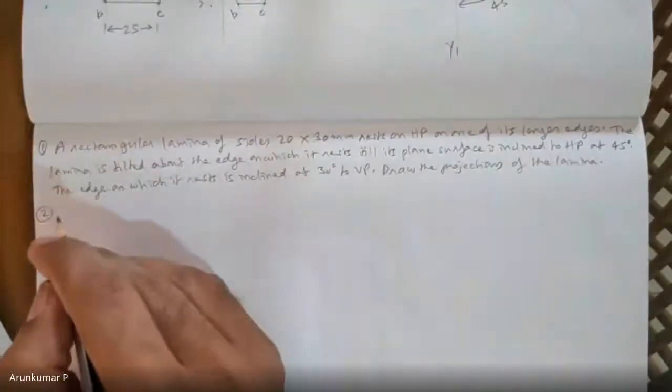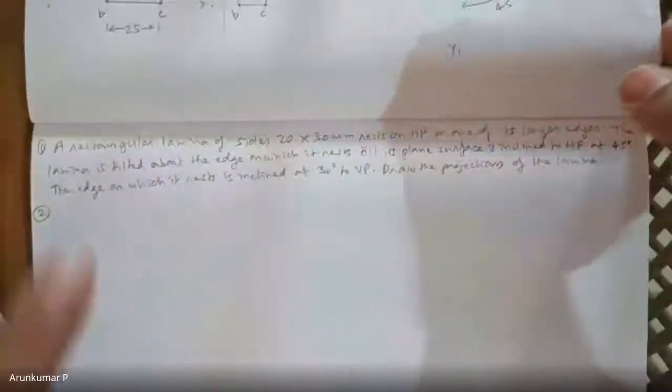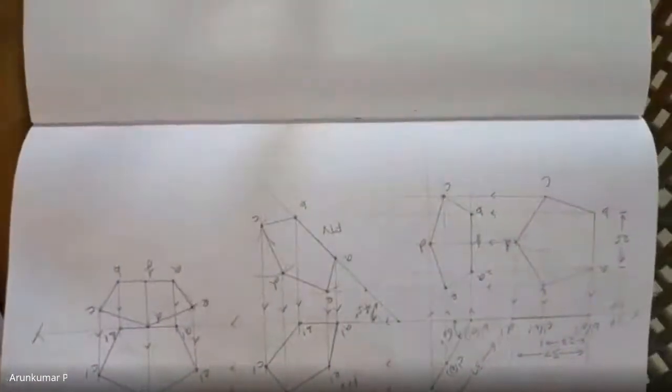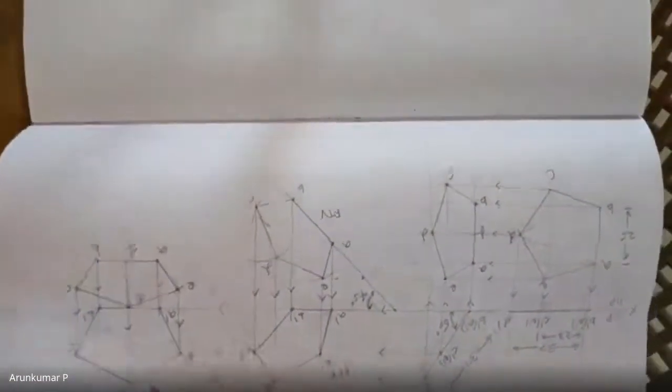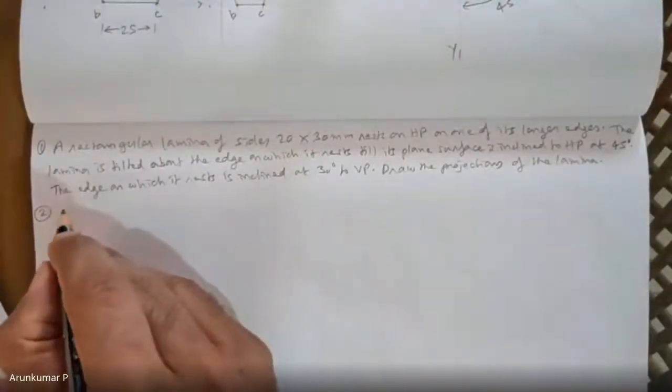Next problem would be pentagon. So this is the reverse of what we have done. But anyway, I think you can solve it. Have we done the case where pentagon one edge is on HP and the opposite corner? Yeah, I think we've done this. That's the reverse of this. Fine. A regular pentagonal lamina